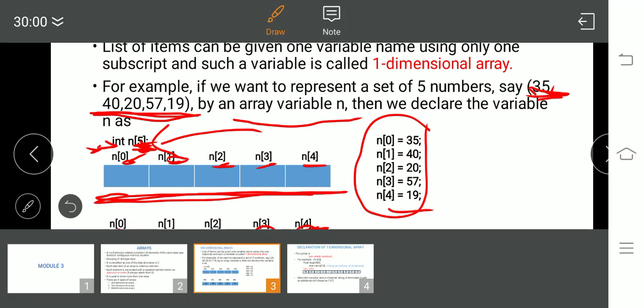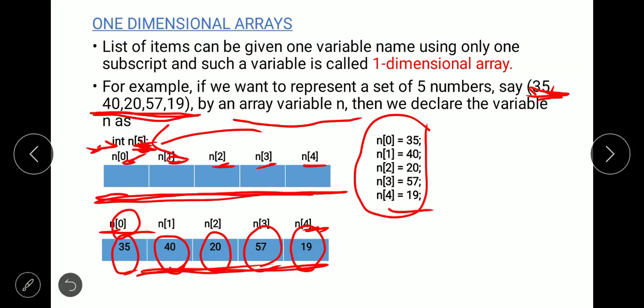Don't get confused between the subscript and the value. A subscript cannot be used individually, it should always be used with the variable name. n is the variable name here, which is an array of integers, right? So a subscript should always be used with the array variable name.